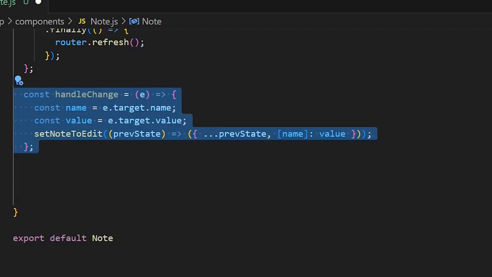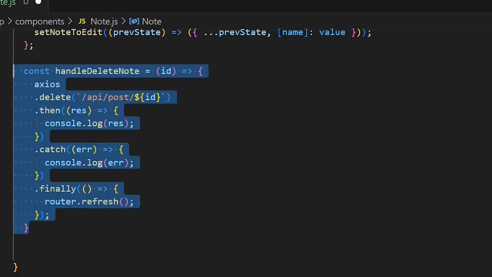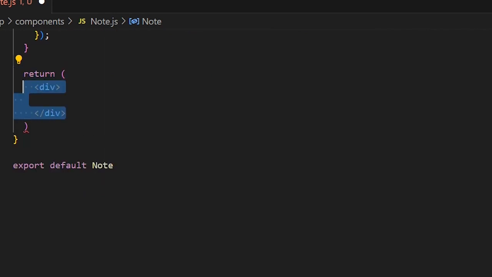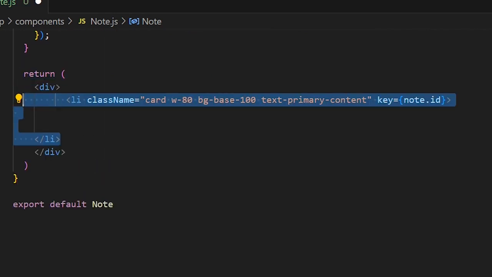We'll have a handle change function that's called when there's a change to the input field of our edit form. It will update the note to edit state with new variables. The handle delete function is called when the delete button is clicked. It'll send a delete request to our API endpoint with the note IDs, very similar to what we've done with the edit request. We'll have a return statement, and inside of it, first we'll start with the list item that